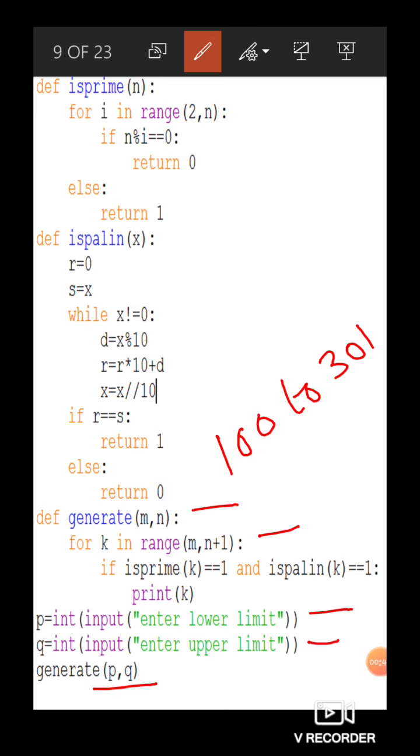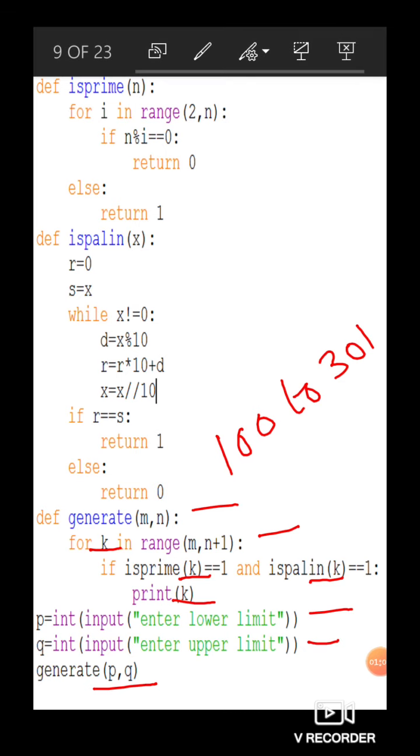One value from this range will be assigned to the variable k, and every time k is assigned a value, it will be checked whether k is a prime number or not, and at the same time whether it is a palindrome number or not. If it is found to be prime as well as palindrome, then only this k is going to be printed.